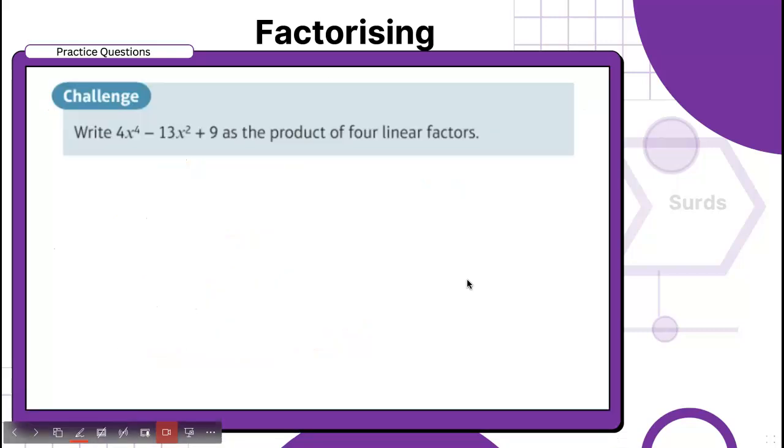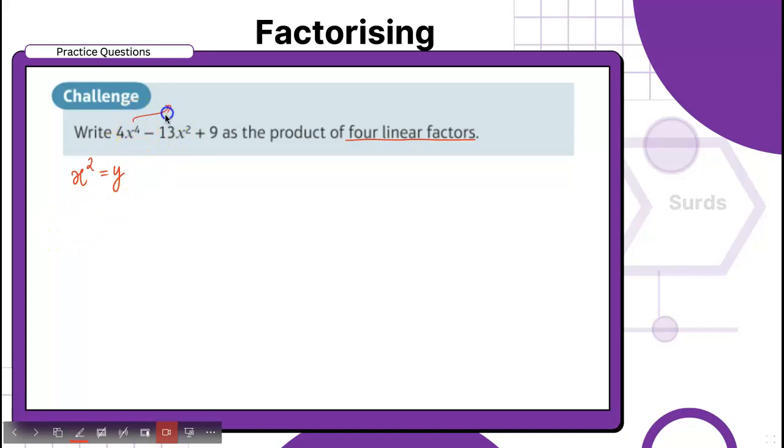Nice. And the challenge, as we discussed. Now we are about to discuss the challenging question. Okay. So here what would I suggest you, because it's a quadratic equation, like 4 there. So, and 3 terms there. So what we're going to do, we will be considering x squared to be y. We have to write 4 linear factors. Okay. So if you write x squared as y, substitute this value everywhere.